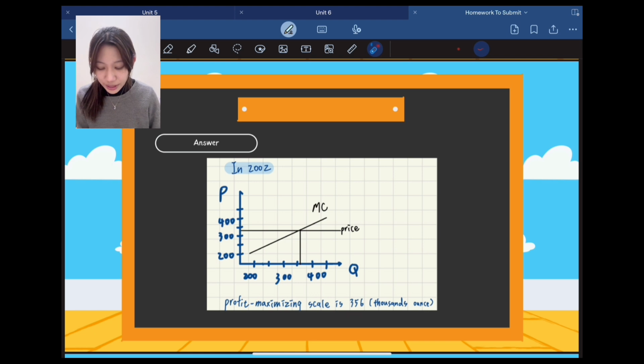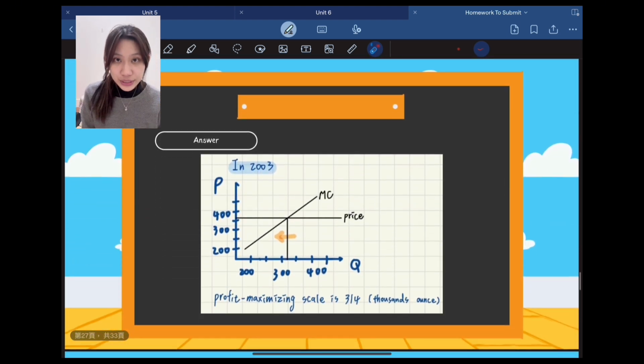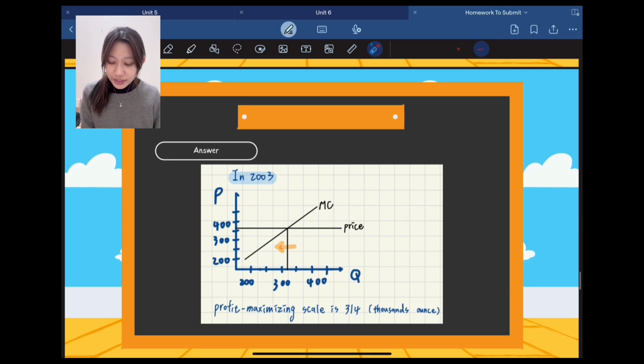356,000 ounces. Then in 2003, they produced 314,000 ounces and sold at $366 per ounce. So the graph will look like this. It shifts to the left compared to 2002. And the profit maximizing scale is